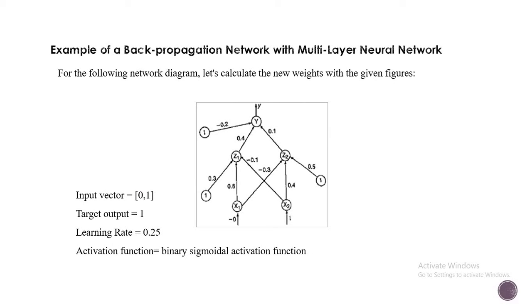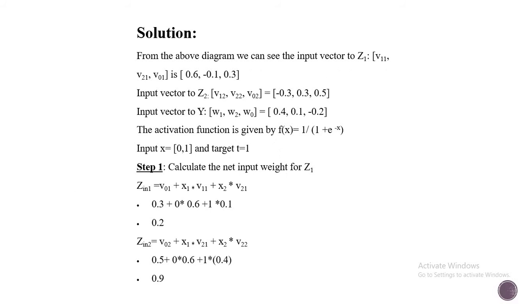Example of a backpropagation network with a multi-layer neural network. For the following network diagram, let's calculate the new weights with the given figure. This is an example with the input vector 0, 1, target output 1, and learning rate 0.25. The activation function is the binary sigmoidal activation function. From the diagram, the input vector to Z1, that is V11, V21, V01, is